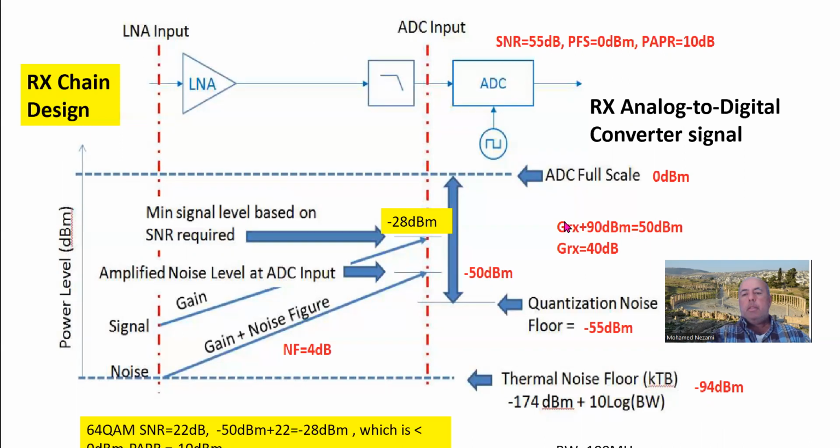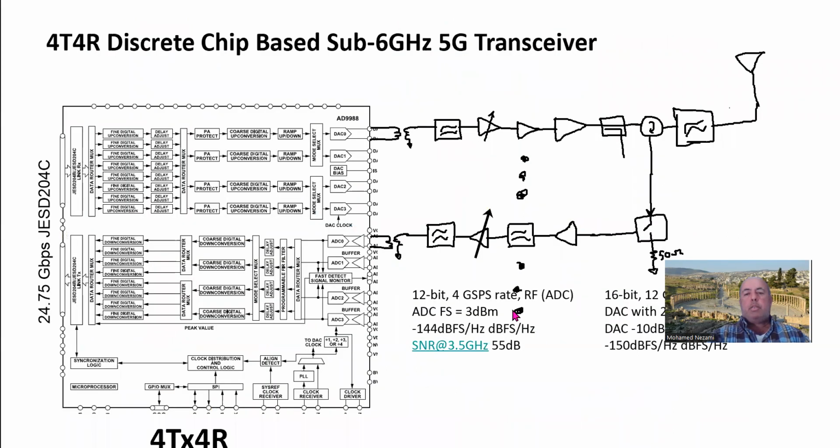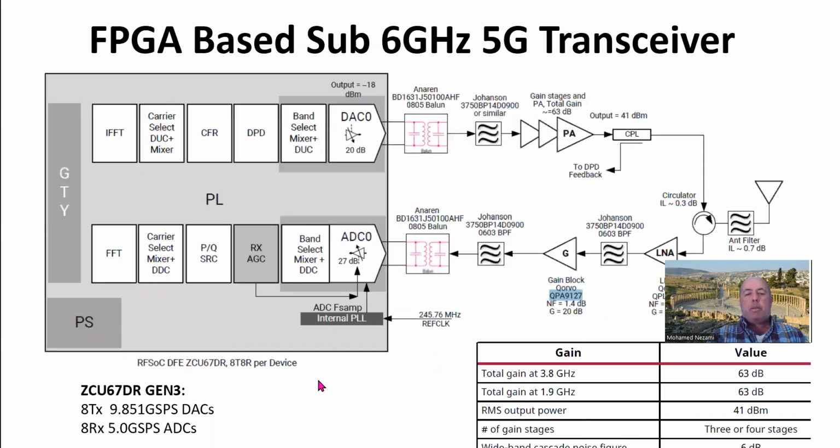I'm sorry, the gain here: minus 90 dBm equals minus 50 dBm. This is an error, I apologize. So if you calculate that, the GRX is going to be 40 dB, of course. And that's what you usually see on these systems, like this example in here, for instance,